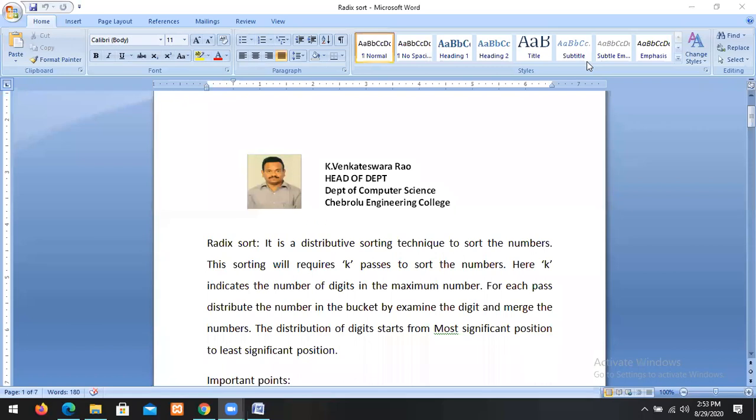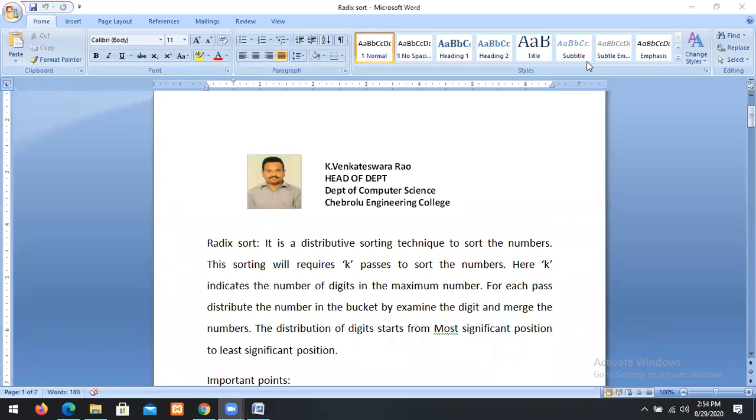This sorting technique will require k passes to sort the numbers. Here k indicates the number of digits in the maximum number.